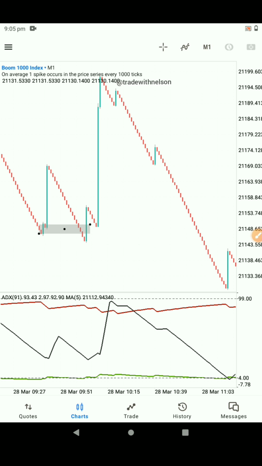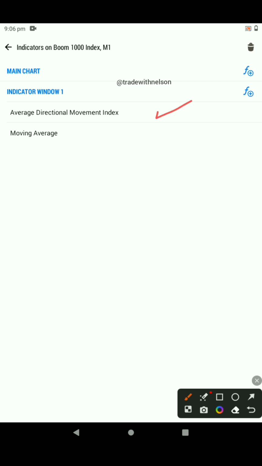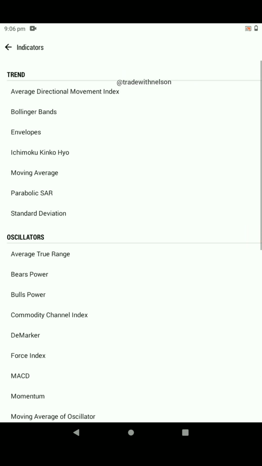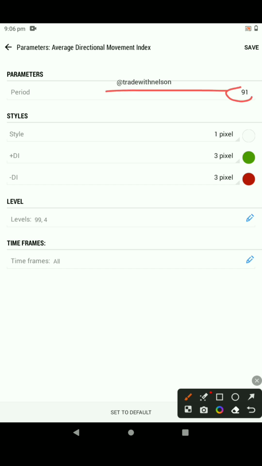So now let me show you the settings to my indicator. First thing you do is to click on this indicator icon over here. ADX, average directional movement index, and the moving average. To select the ADX, click on the F icon on the main chart. ADX, click on that. Make your period to be 91, style to be 1 pixel, and select color of your